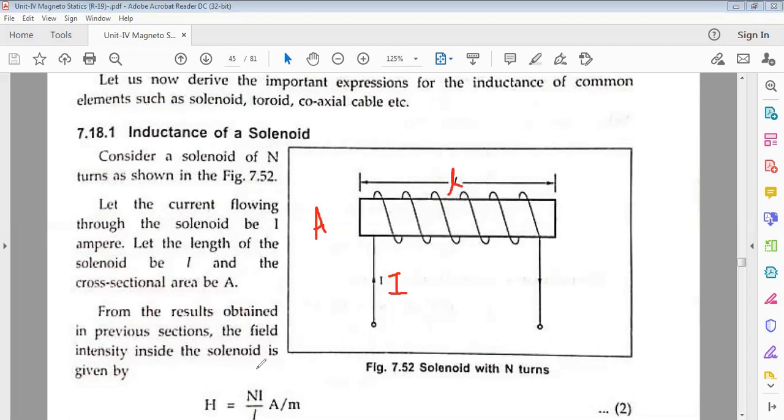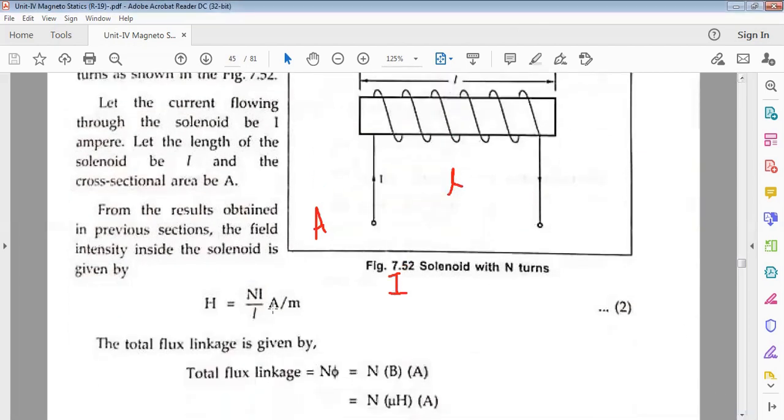The field intensity inside the solenoid, that is the magnetic field intensity H, is equal to the number of turns of the solenoid N and whatever current I passes through that coil, divided by L. H is equal to N I by L, ampere per meter. The current is in amperes and L is the length in meters. And the total flux linkage is given by,